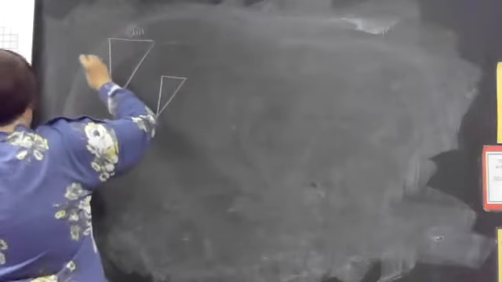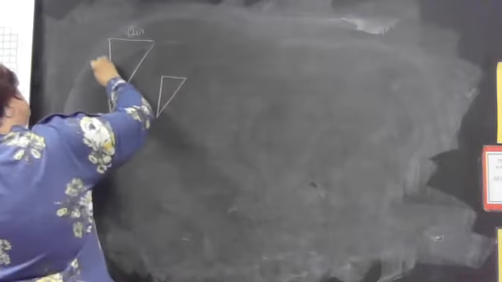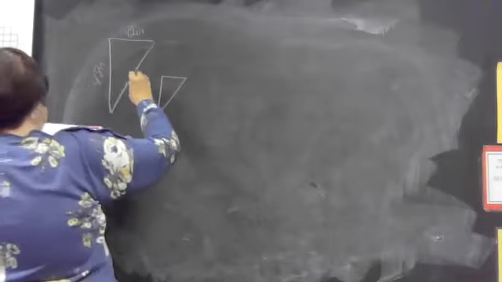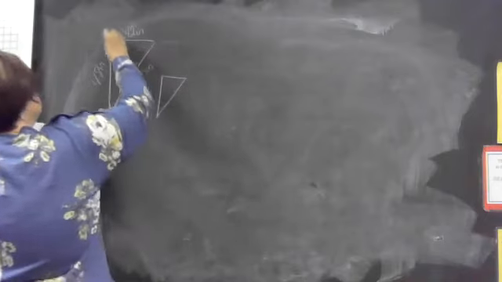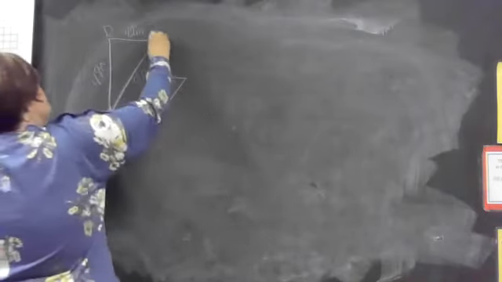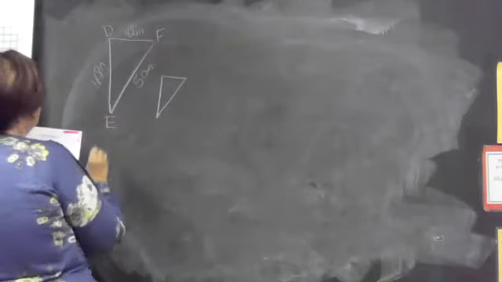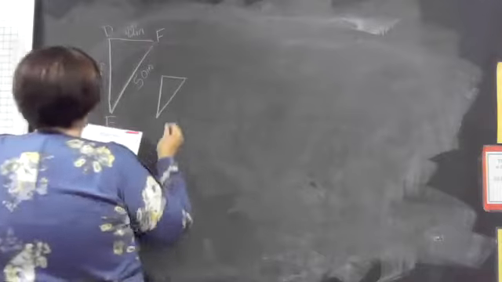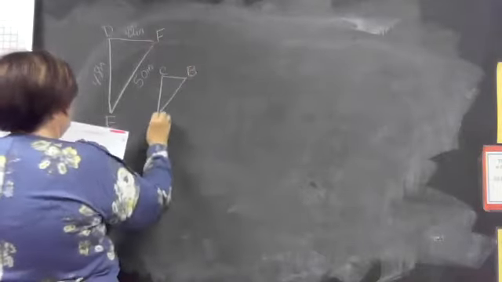This is the first one on the first page of this packet. 48 inches, 50 inches. And this is D, this is F, and this is E. This is the way that they write it. This is C, B, A down here,